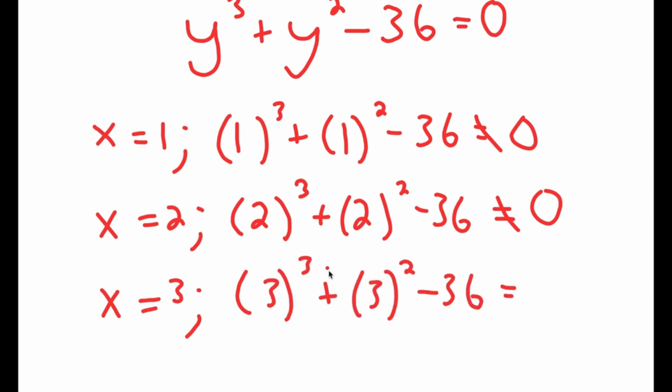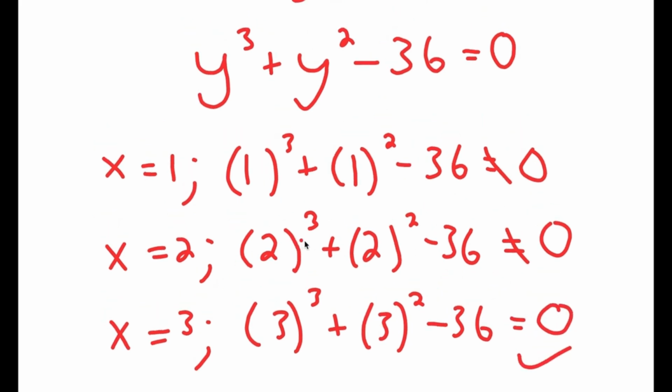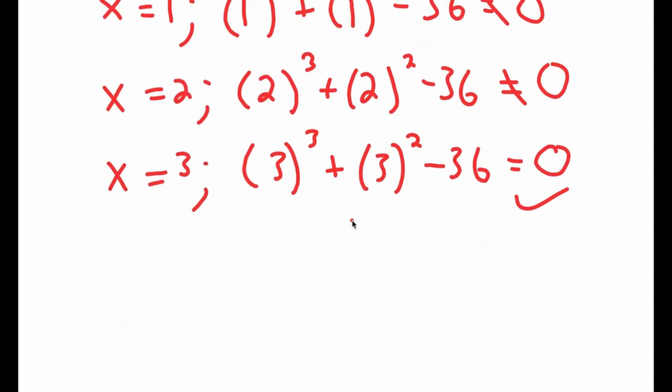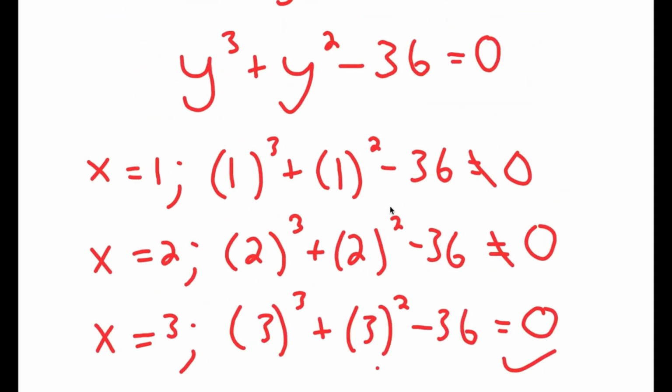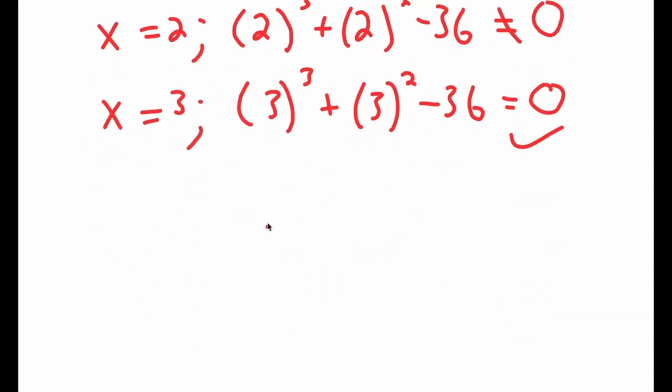3 to the power of 3 is 27. 27 plus 3 squared is 9, so 27 plus 9 is 36. 36 minus 36 does equal 0, so this is right, and y equals 3 is the solution. So now that I have y equals 3 as a solution,